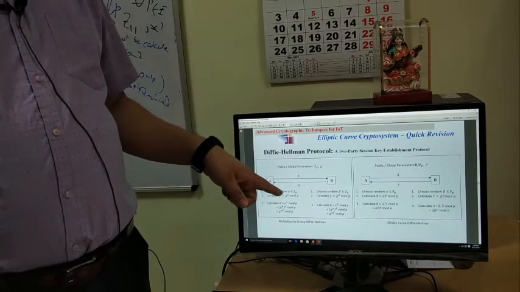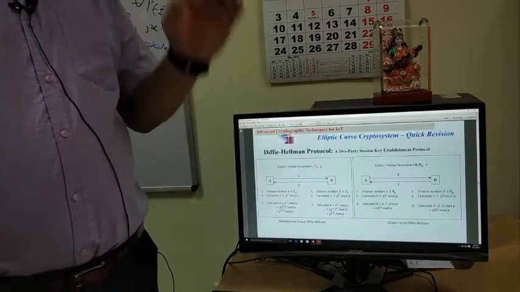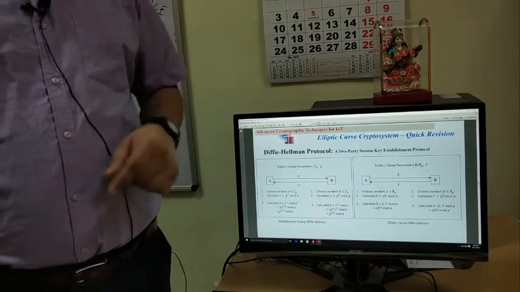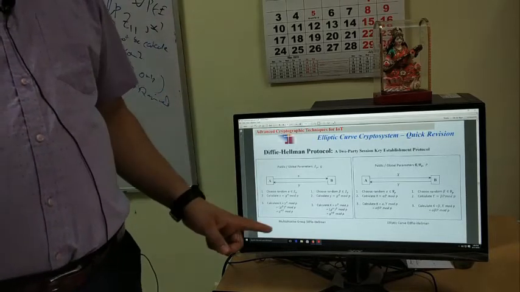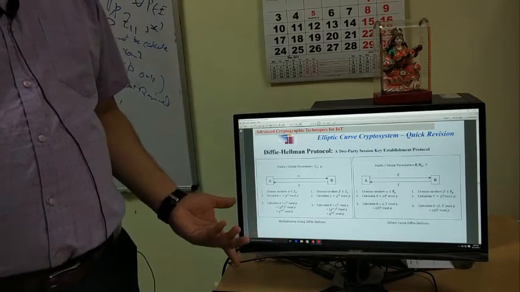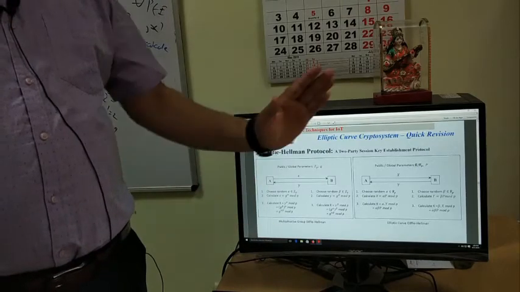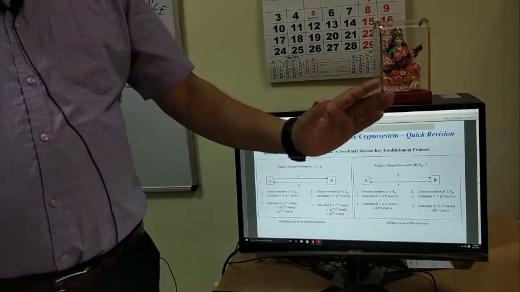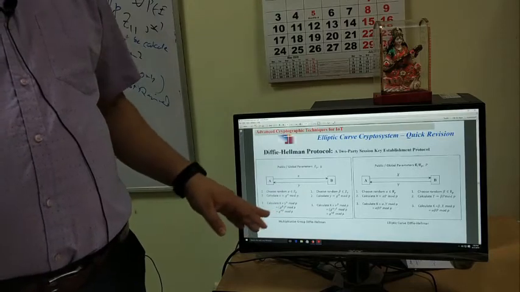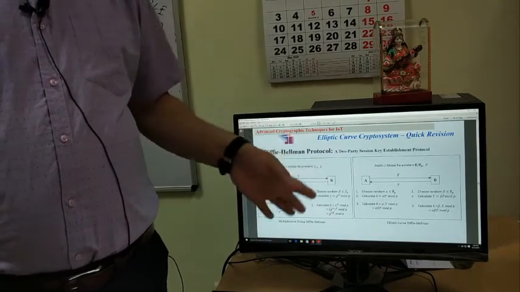Here it is getting G power alpha, G power beta, G, P, everything is known. It needs to calculate G power alpha beta. If it can calculate this thing, then this protocol is not secure. So of course, the security of the Diffie-Hellman protocol. Now this proof I am not showing, that this way you calculate G power alpha beta, this way they are same. That is the correctness.